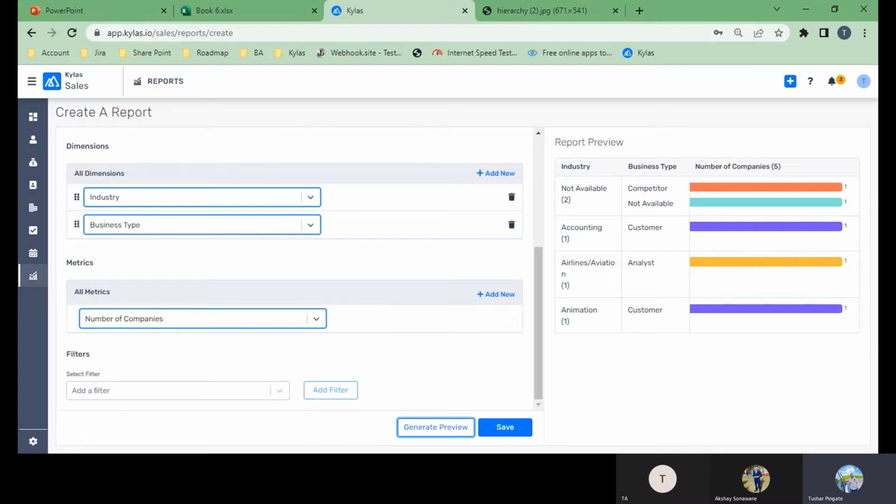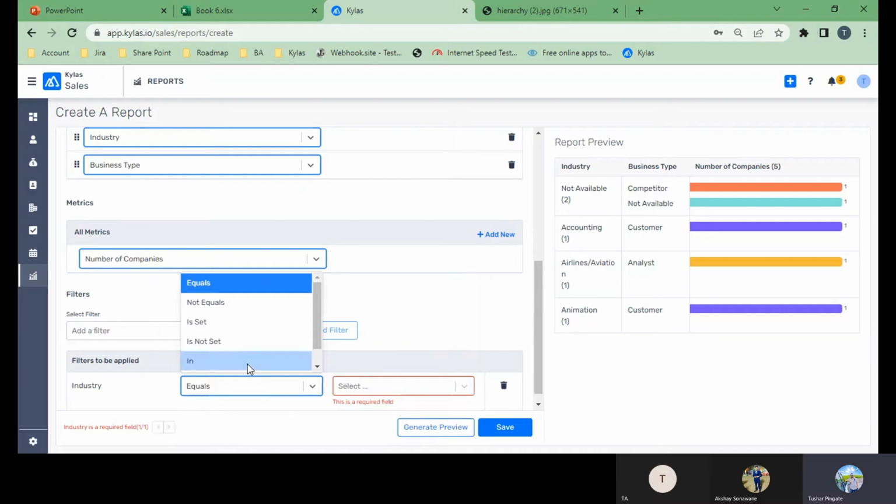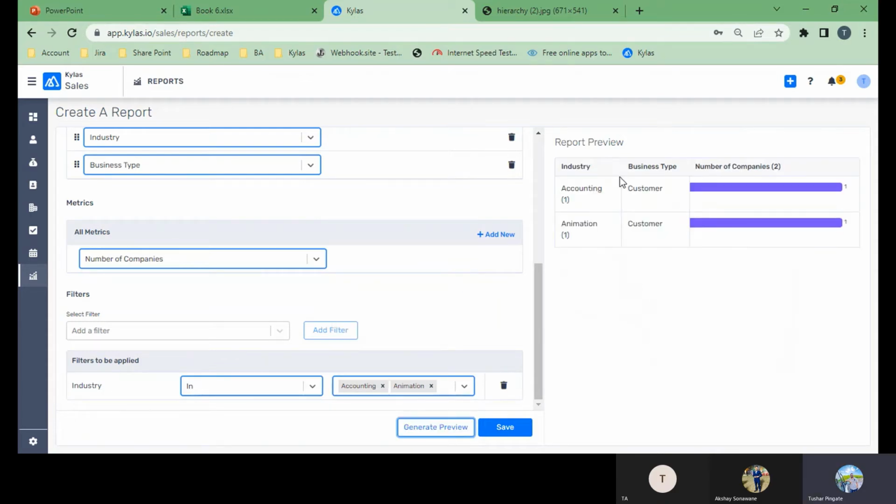If I don't want to see all the data, I will just filter the data. Like, let's say I want to sort it by industry, and I just want to take a look at the accounting industry. I have selected accounting, and the other one is education. If I generate a preview, I can see only 2 results are available in the report, and I can just save